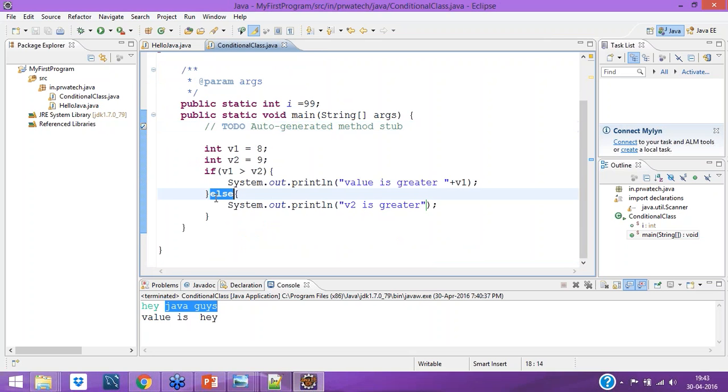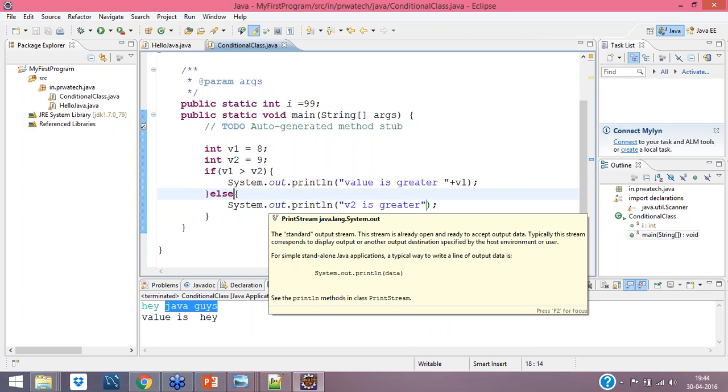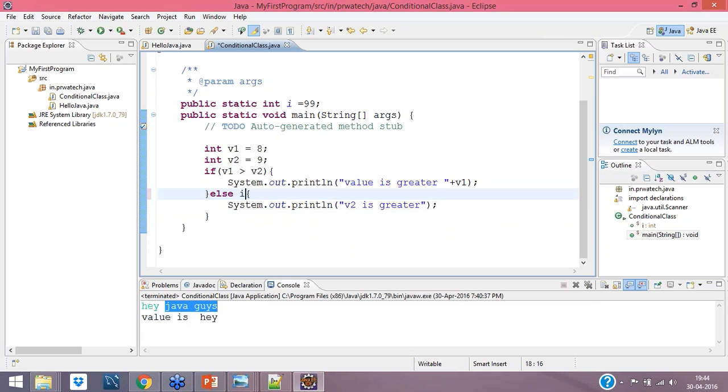If else, this is the syntax that we use. I'll not go through all of it because it will just consume your time. I'll just explain how to do it and how you can accommodate all these control statements. So this is the if condition, this is the else condition. Or let me write my else if condition. Else if v2 is greater than v1, write this.